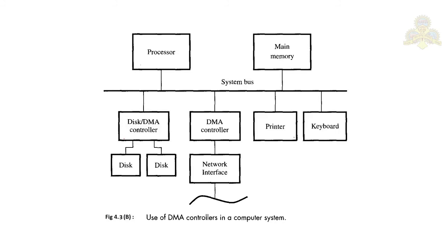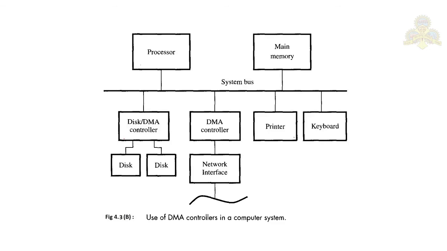Most DMA controllers have a data storage buffer. In the case of your network interface connected to a DMA controller, the DMA controller reads a block of data from the main memory and stores it in its input buffer. This transfer takes place using the burst mode at a speed which is appropriate to the memory and the computer bus. Only then is the data from the buffer transmitted over the network interface to the network.